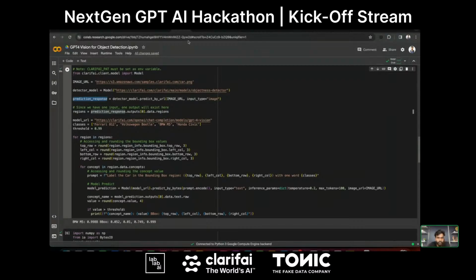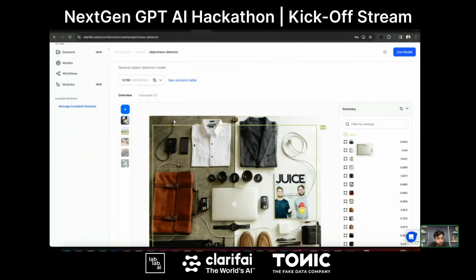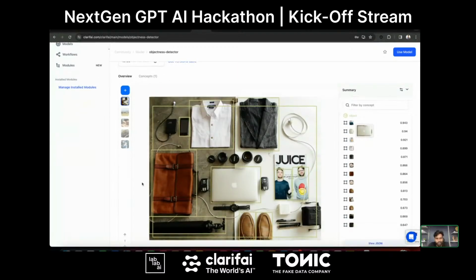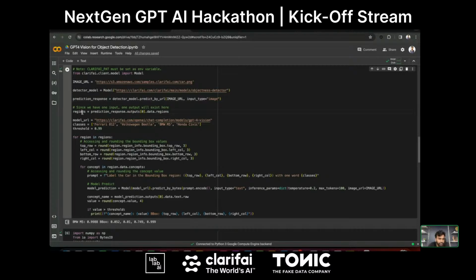And obviously, if you look at the model, we have a lot of objects within an image. The model detects not just a single object, but each and every object which is present in an image. So that's what this model does. And I'm showing all the regions. As we just mentioned, there are multiple regions that the model detects. I'm showing all these regions using this. I'm just getting this prediction response, iterating through it, getting all the regions, and storing them in the regions variable. So that's what I did here.